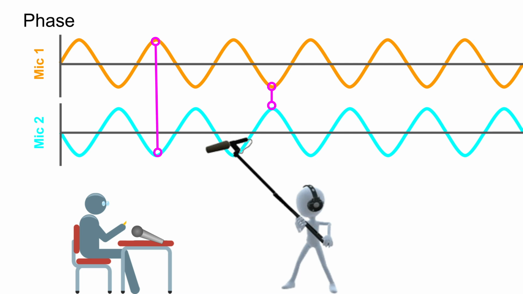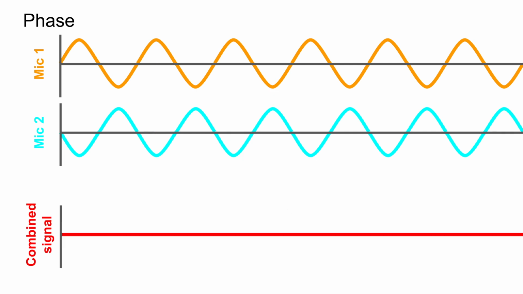When you have a peak on one signal, you have a valley on the other. This is referred to as being out of phase, and these guys are 180 degrees out of phase. They are perfectly, completely out of phase with each other. Well, what happens if you combine two audio signals that are identical but are out of phase with each other? You get nothing. This is called phase cancellation. Phase cancellation is a real issue sometimes.